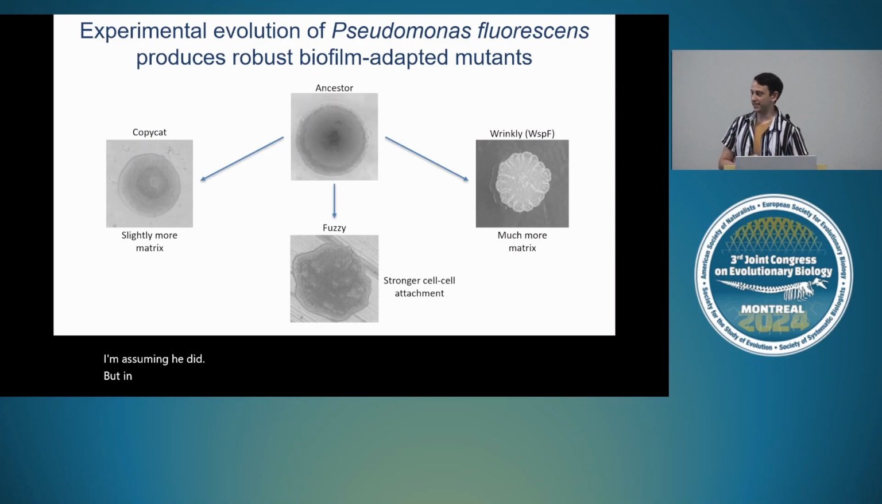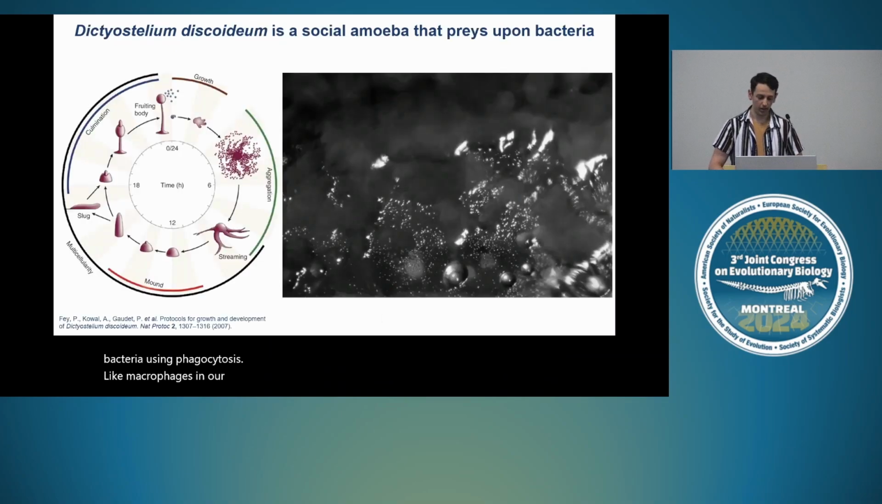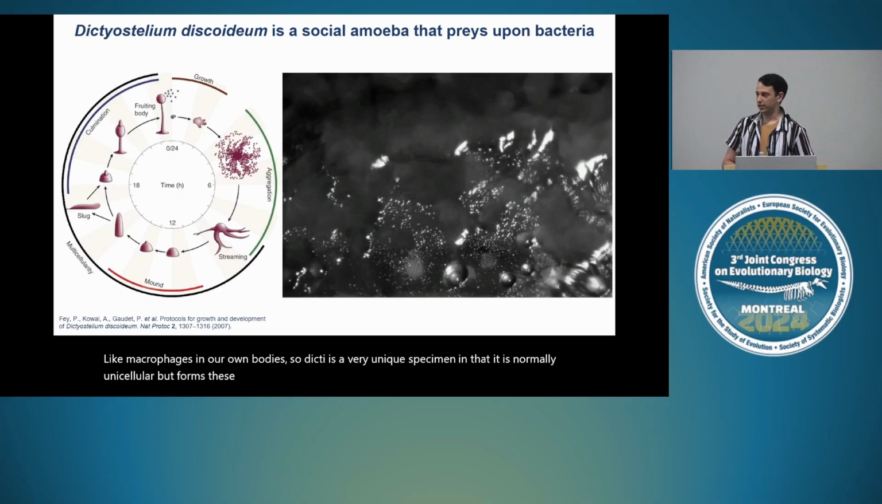So this new experiment that we're doing, the predation experiment using the slime mold Dictyostelium discoideum, or Dicty for short, as a model predator, since it also consumes bacteria using phagocytosis, just like macrophages in our own bodies. So Dicty is a very unique specimen in that it is normally unicellular, but forms these complex social structures under